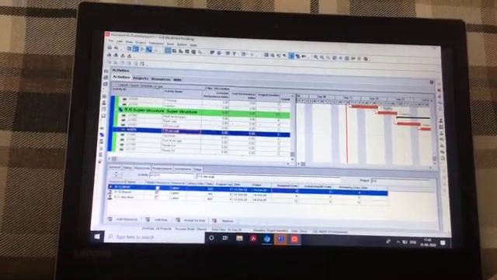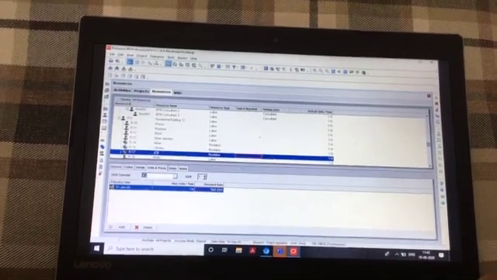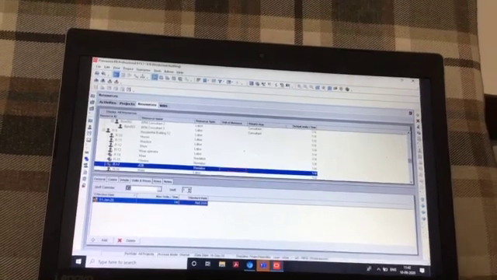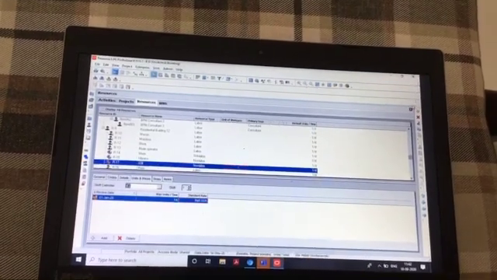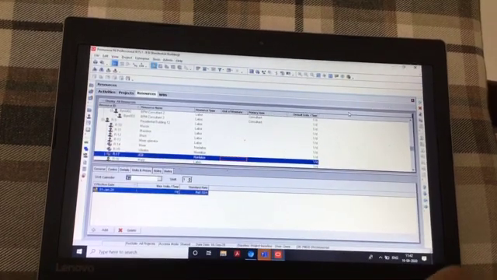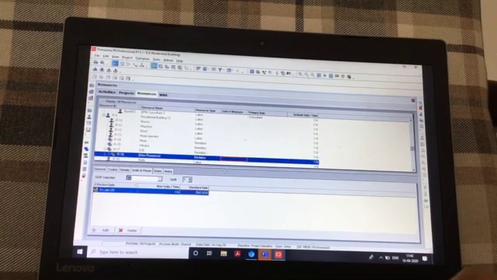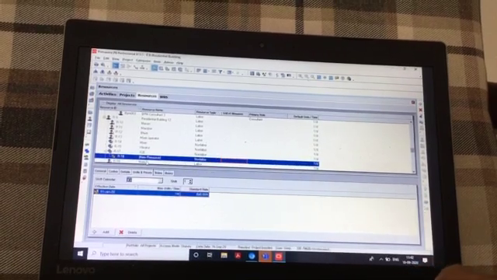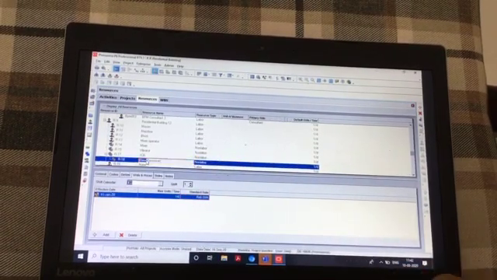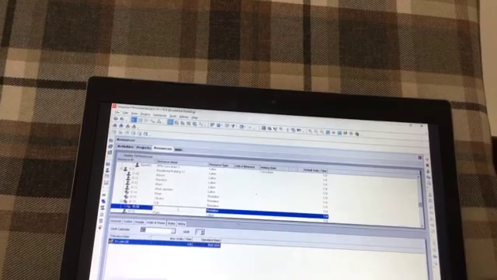We add a resource by going to the resource tab, and just bear with me for a second. Okay, we create a new resource, like maybe a pokelane.